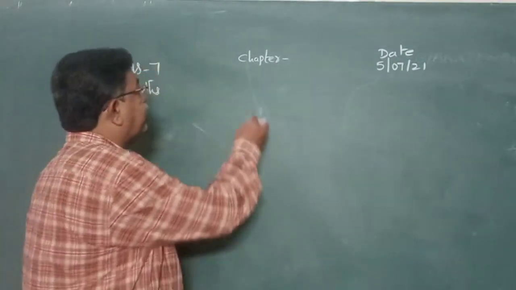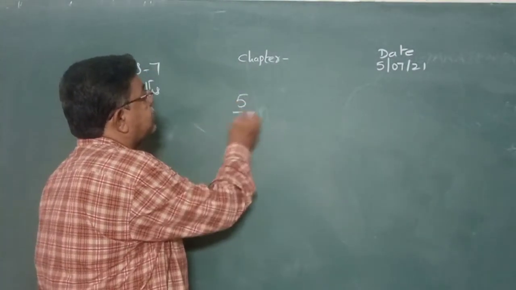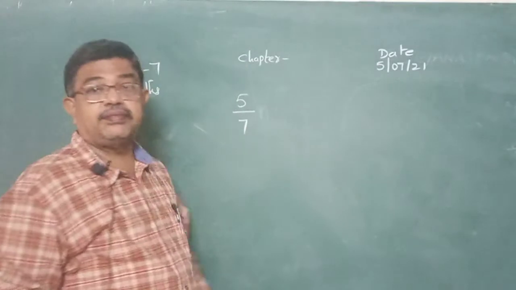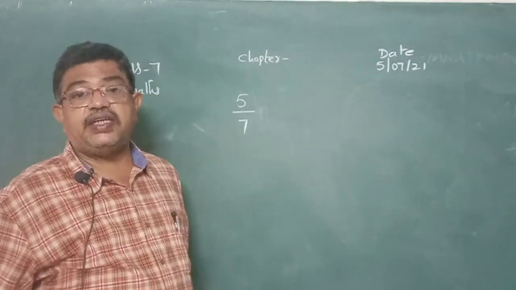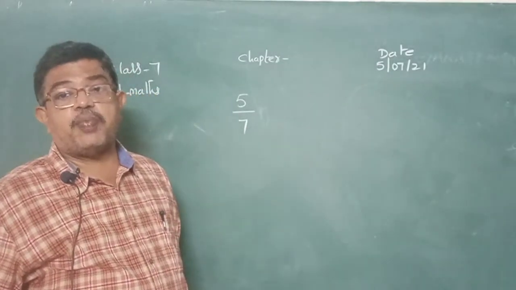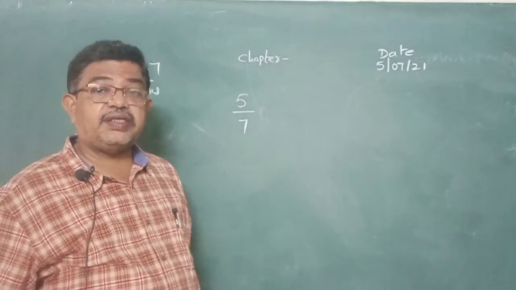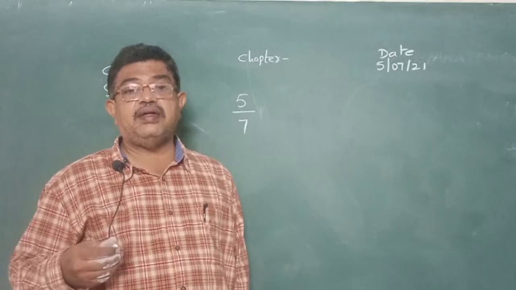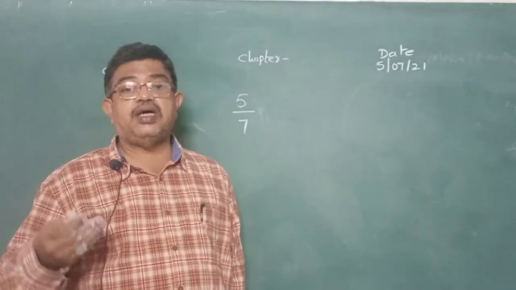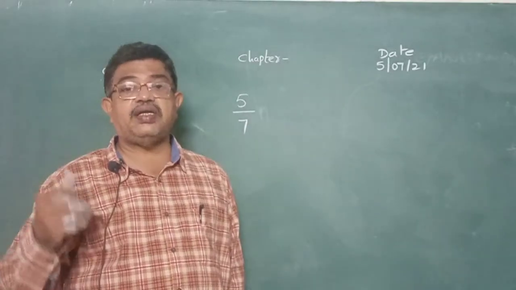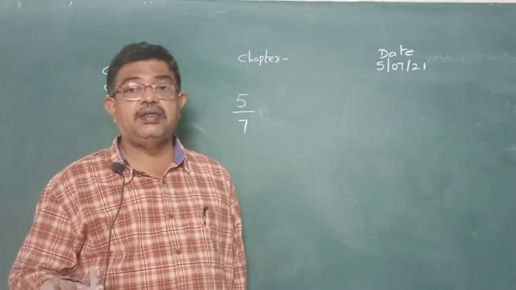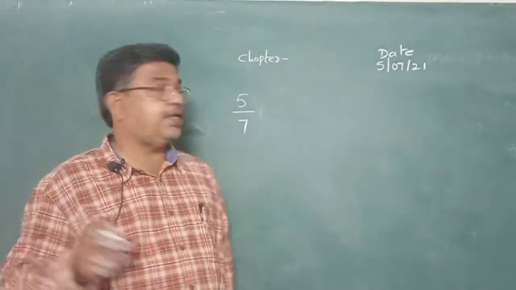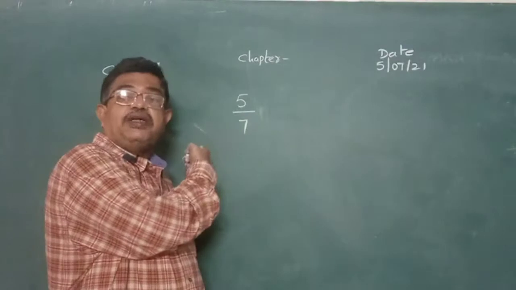Now I am going to explain a point. What is this, 5 by 7? What type of fraction is it? It is a proper fraction. Why is it a proper fraction? The numerator is smaller than the denominator. You have to put questions like that. So what did Sir explain? Sir said about proper fractions. You have to recollect the definition. What is a proper fraction? The numerator is smaller than the denominator. It is there or not? 5 by 7 is what type of fraction?